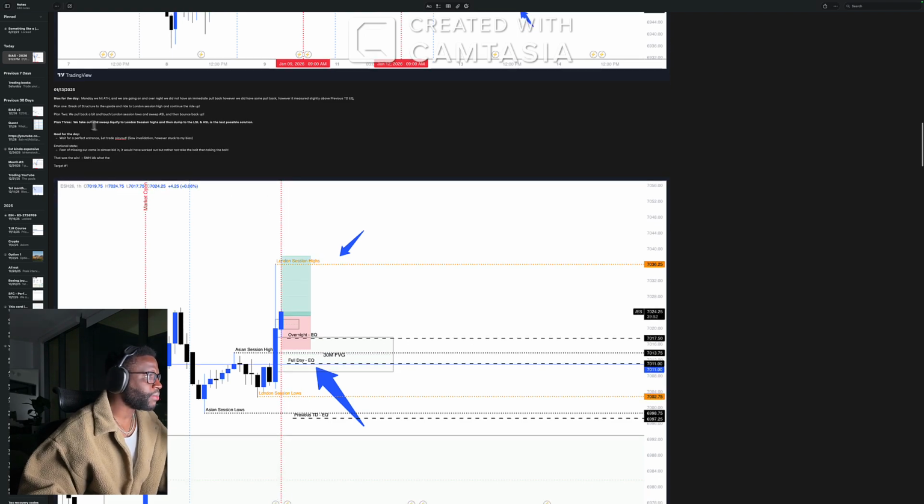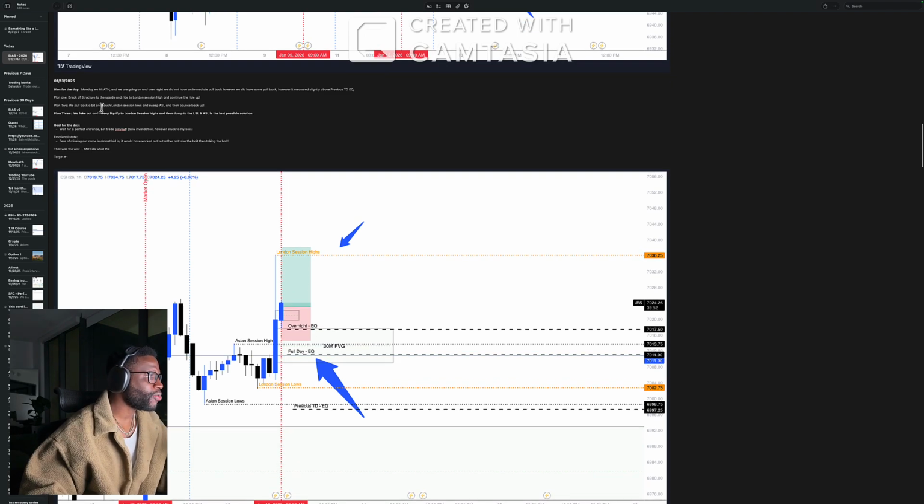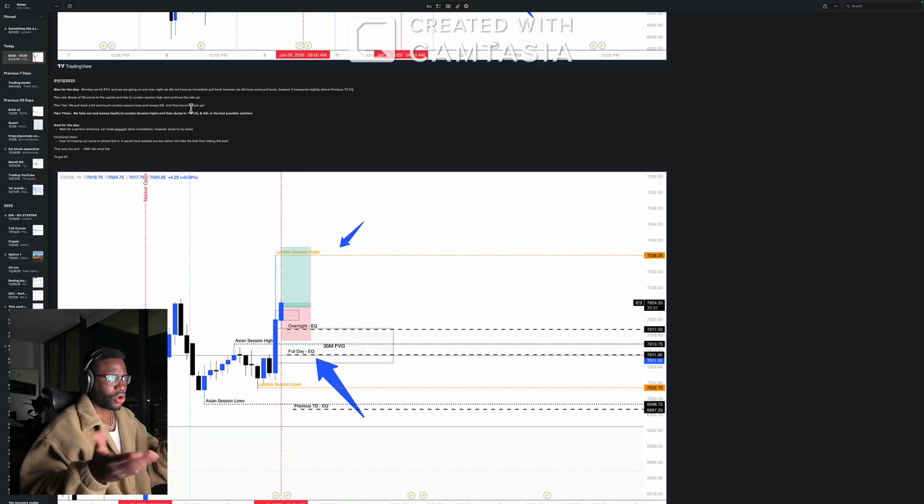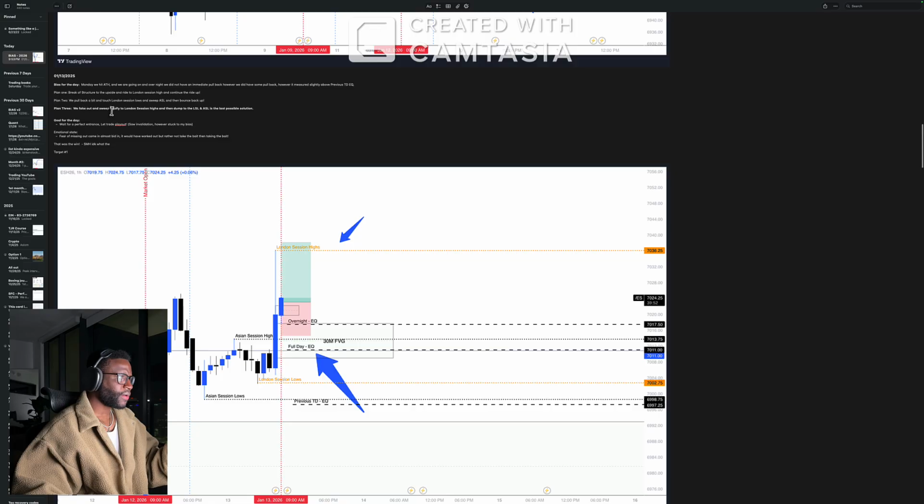And then I'm watching the market, and I was just like, we may pull back a bit and touch London session lows, and then sweep Asian session lows, and then bounce back up, right? So that's the other theory that I had. The other option is based on what I'm seeing early in the morning. This is what could possibly happen, where we pull back, hit London session lows and Asian session lows, and then bounce back up.